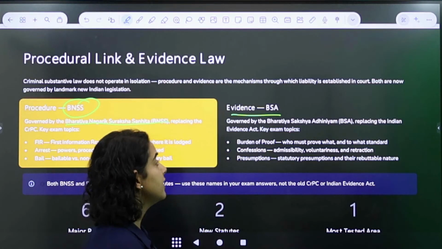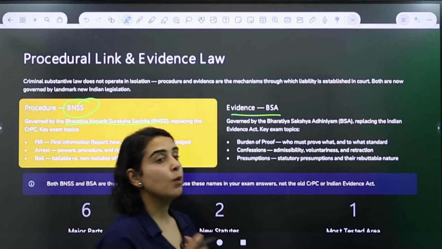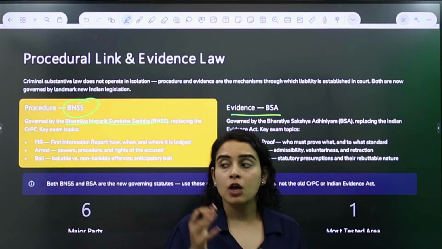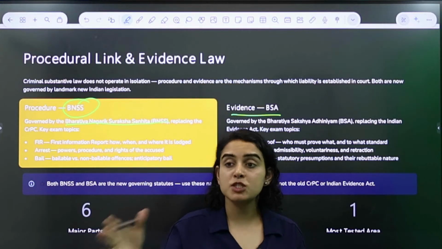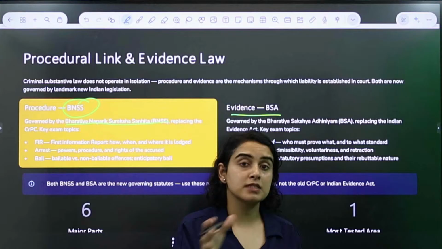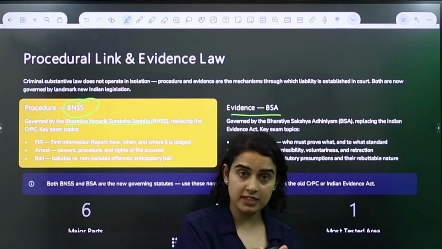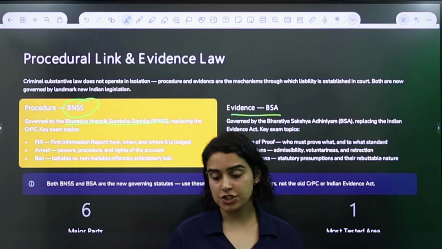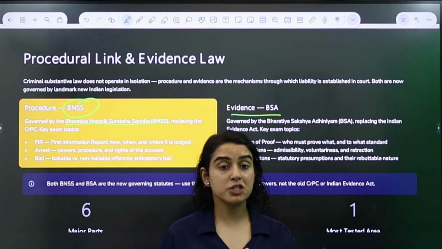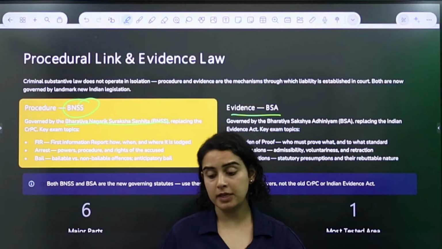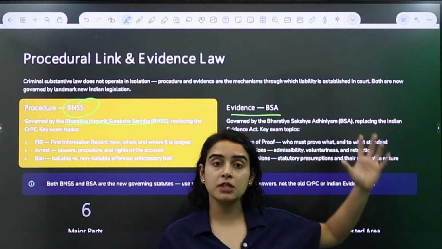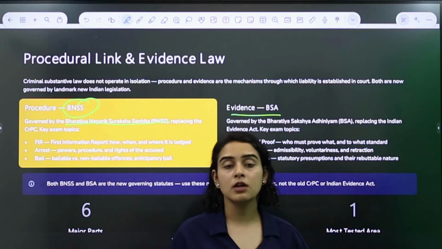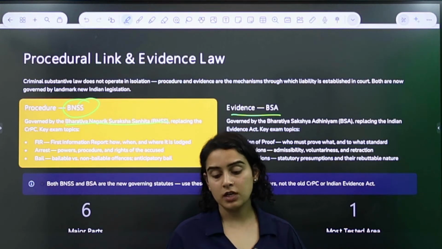So if an evidence has to be presented, what sort of evidences are actually acceptable in the court? Which party's responsibility is it going to be to present a certain sort of evidence? And what happens if any confession or any admission is made? What is going to be the criminal liability in the same? That is something which in detail has been discussed in your Bharatiya Sakshya Adhiniyam, or which was earlier known as your